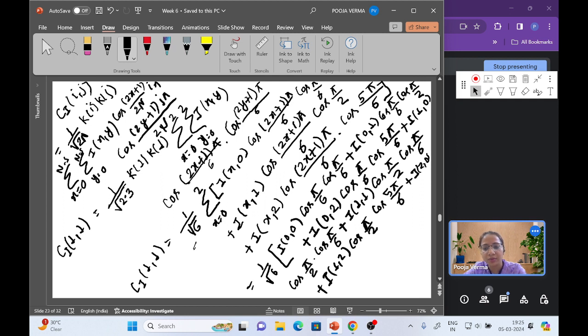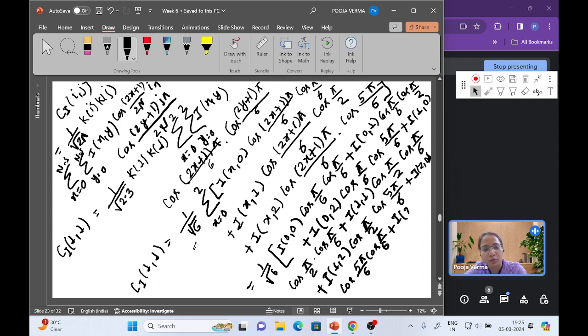In this one. X is equal to 2. So I 2 comma 0 with this multiplication of cos. Here we are putting x is equal to 2. So 2 into 2 is 4, 4 plus 1, 5 pi by 6. Okay. Cos 5 pi by 6 multiplied by cos pi by 6